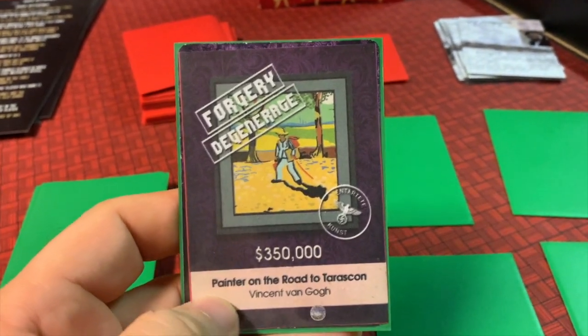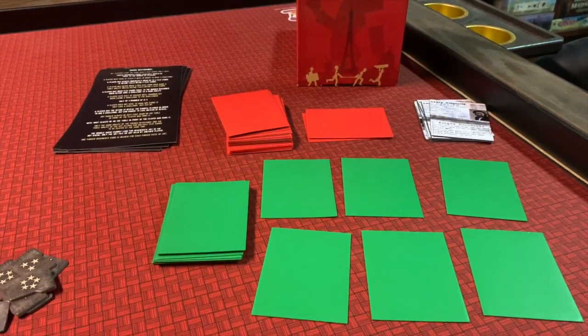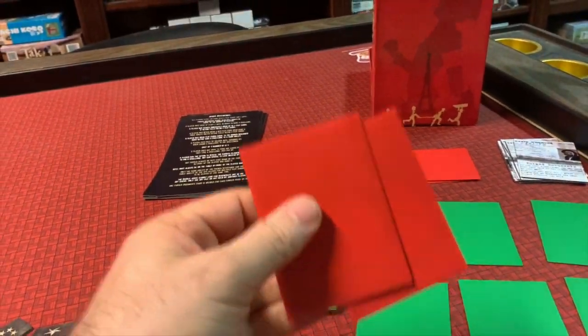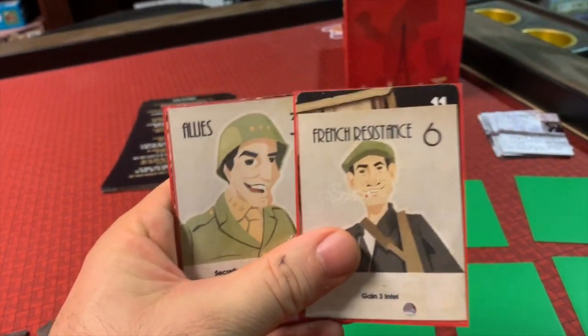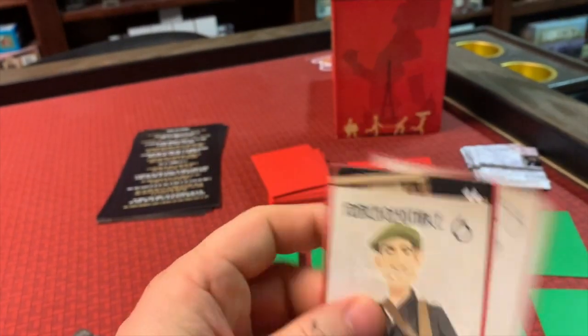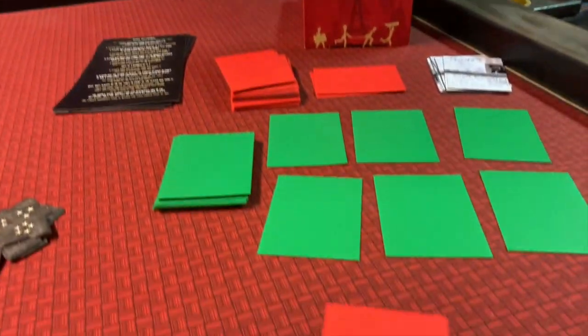There's only one other type of card here I'll show you, and this is one that's both a forgery and a degenerate. All right, so on your turn, you are going to claim a plot card. Here's the hand that I have. I have an Allies card and a French Resistance. I'm going to pick one that I want to use, and I'm going to put it face down on the